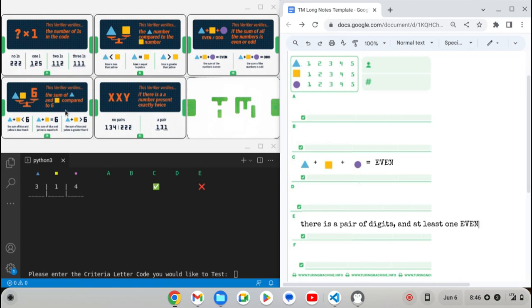But to help us out, I think I'm going to do criteria card D. Maybe that'll help us zero in on what section of the table we're going to be focusing on. So let's go ahead and test criteria card D. Okay, so again, the Turing Machine approves of my proposal. Since we are talking about the sum of the first two digits, if I add 3 and 1, that is 4. So what the Turing Machine is telling me is that the sum should be less than 6. So let's go ahead and put that in our notes for section D, that